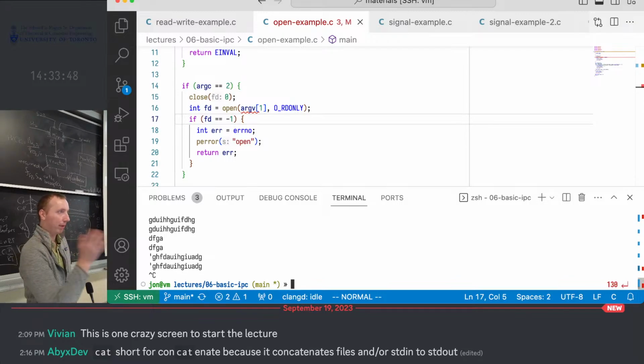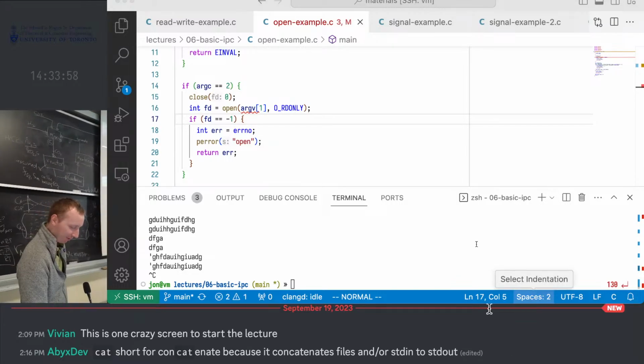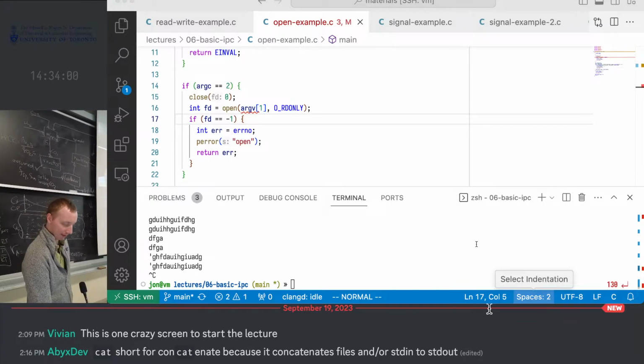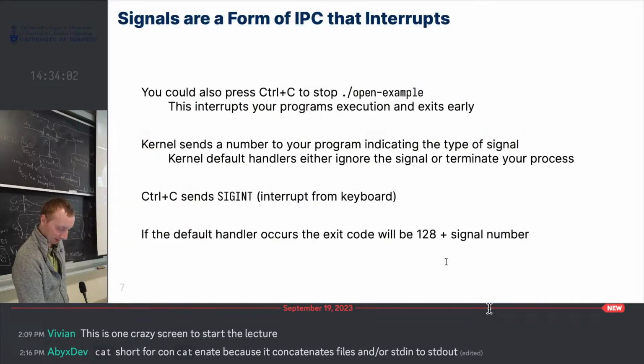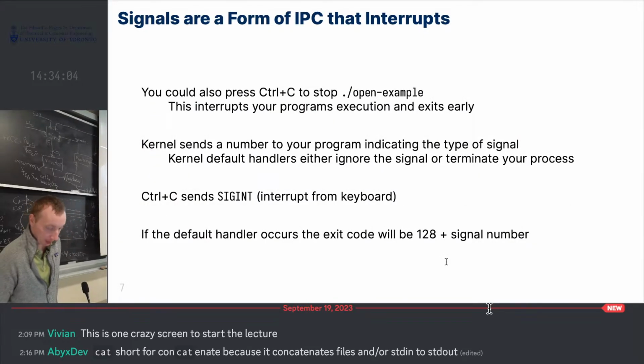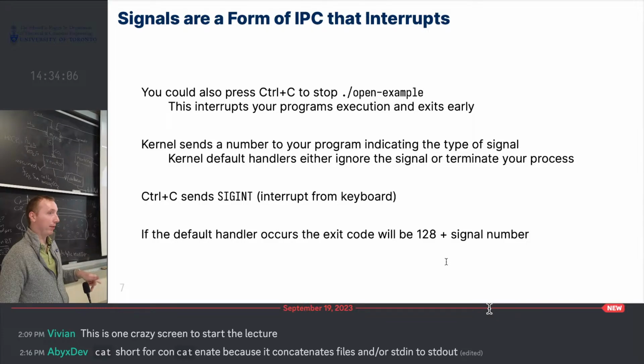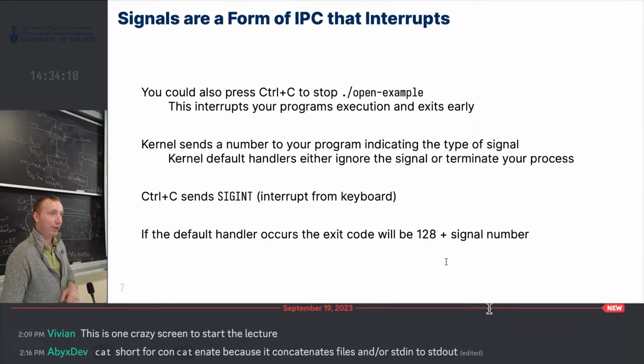If I put some print statements at the end, I can see that it didn't finish my process. It just kind of ended, and that seems a bit weird. That's not super satisfying. So what actually happens is when you press Control-C, the kernel will send a signal to that process,